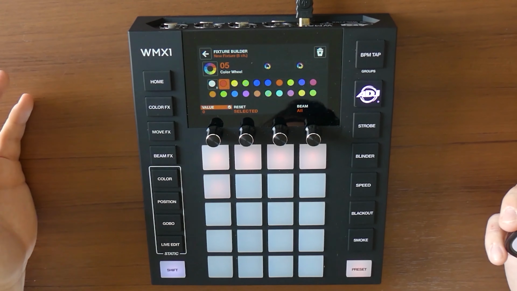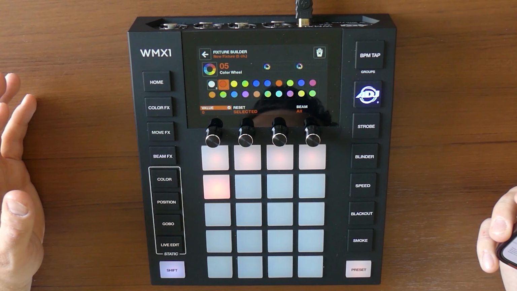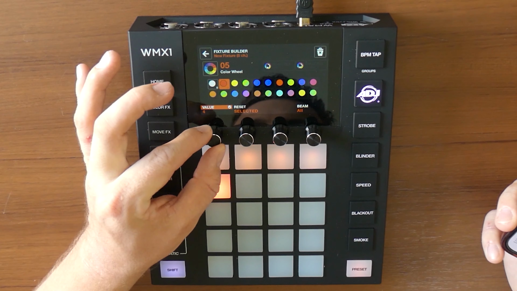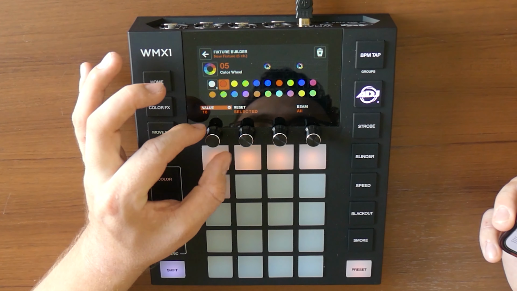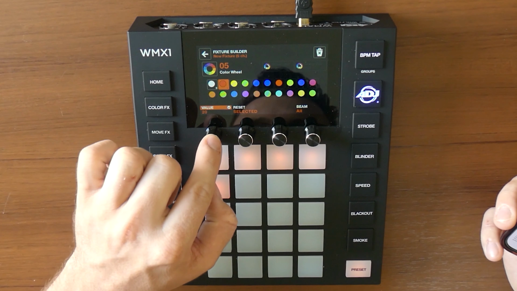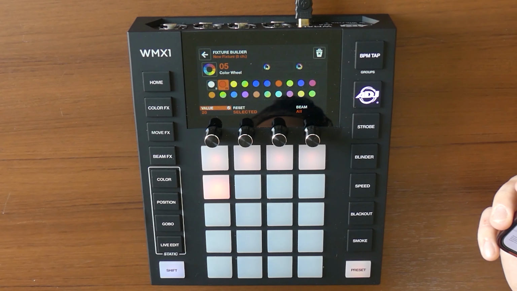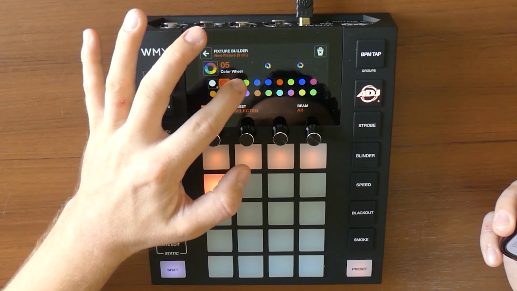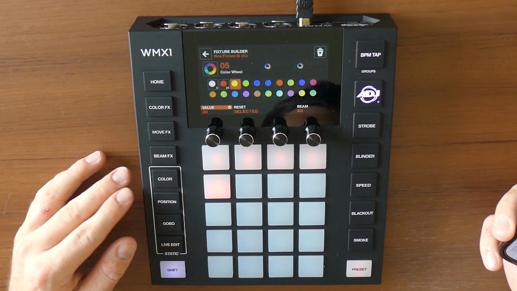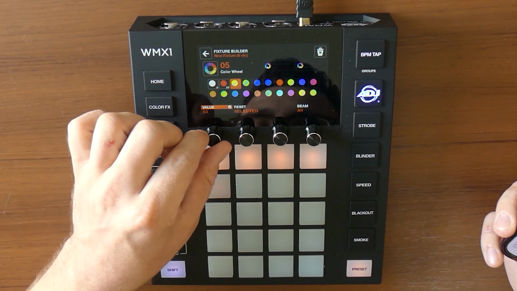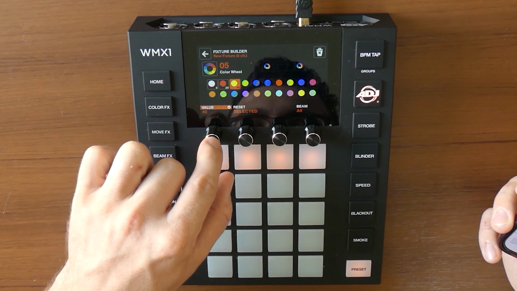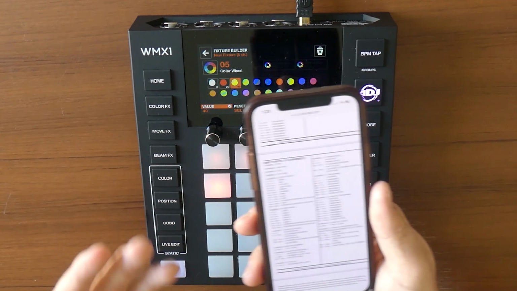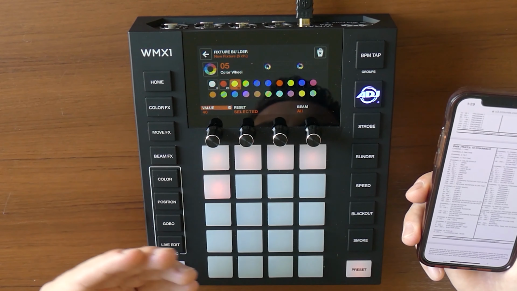Now, the red color on the color wheel is for values between 14 and 31. So you just twist your knob here after selecting red, and I'll choose something kind of in the middle of 14 to 31. We'll do 20. And then you just click the encoder wheel, and now it's set our red at value 20. Then we've got our yellow. Yellow is values between 32 and 49. So we'll move this up to, let's say, 35 or 40, click enter, etc. So you're just going to do this for all the different colors in your color wheel, and